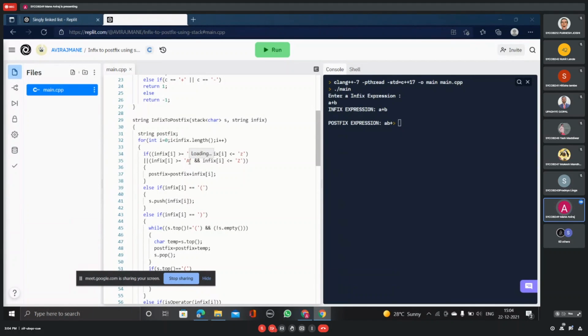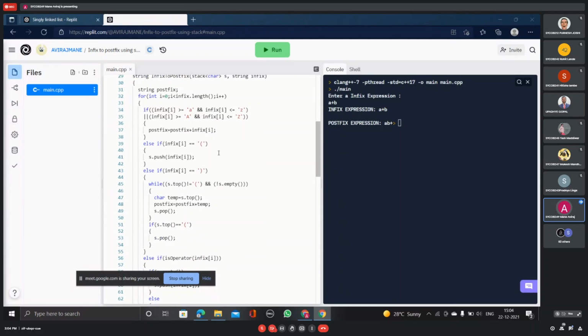If the incoming operator has more precedence than the top of the stack, then we will make the incoming operator the top, and if the incoming operator does not have more precedence than the top of the stack, we will just pop the top of the stack and push the incoming operator into it.